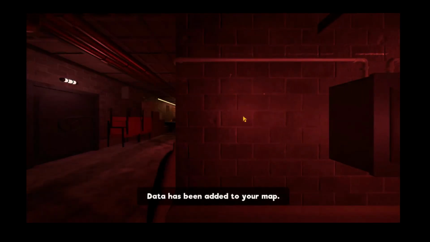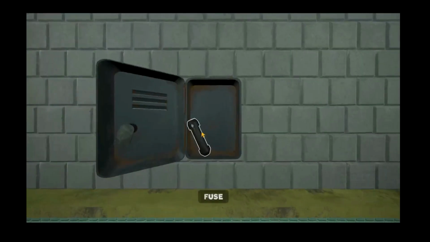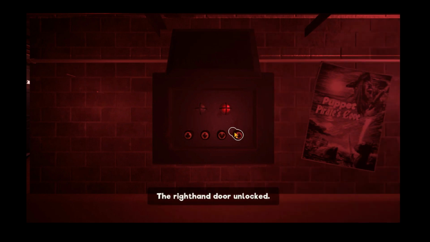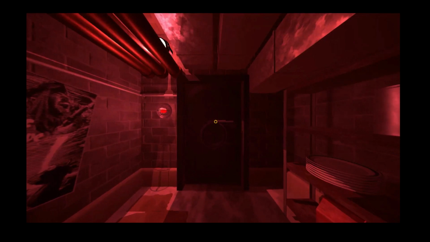Either way, the main objective of the sewers level is to find a set of keys and open up a bunch of locked wall-mounted boxes over the level. Inside each of these boxes is a fuse, which when placed in a certain order, activate a door and allow us to progress further. When the big iron lung doors open, we are presented with one of the strangest rooms